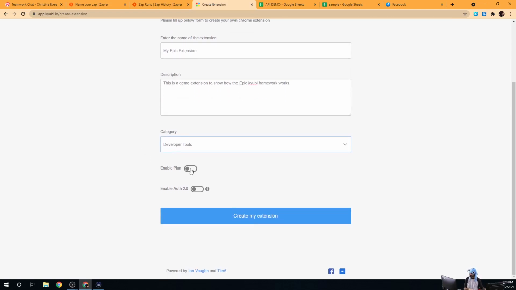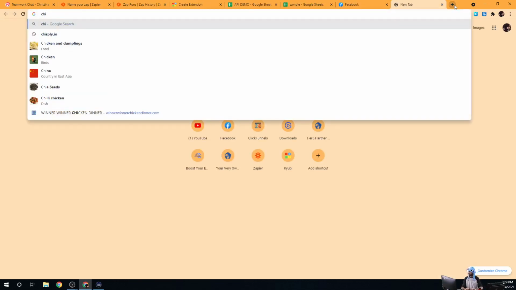Okay? So now, do you want to enable plans? Maybe you're familiar with traditional SaaS software where you have different plan levels, and depending on the plan level that you have, it depends on what features and functionalities are available in the software. So to give you an example, if you're confused about what I'm talking about,